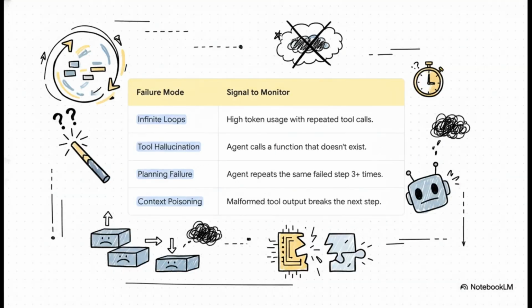This table here is basically your new cheat sheet. It's the new set of signals we need to be watching. So instead of watching CPU, you're now watching for spikes in token usage to catch those infinite loops. And my personal favorite here is tool hallucination. This is literally when the AI tries to use a tool that doesn't even exist. It's like watching a builder try to hammer a nail with a banana. It's just never going to work. And it's a dead giveaway that the agent's reasoning has gone haywire.